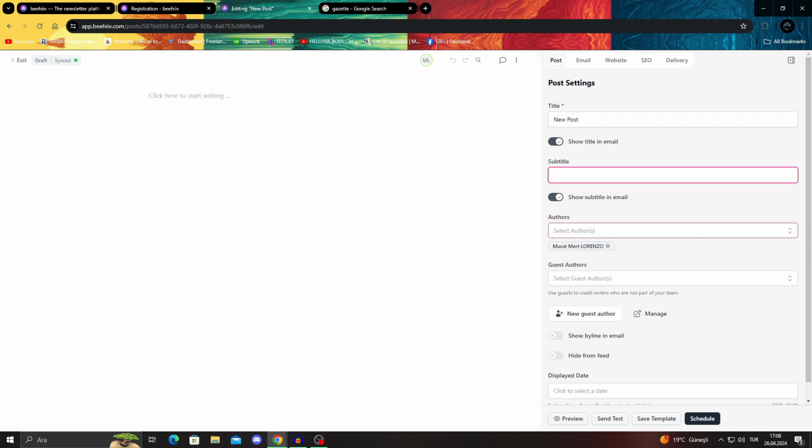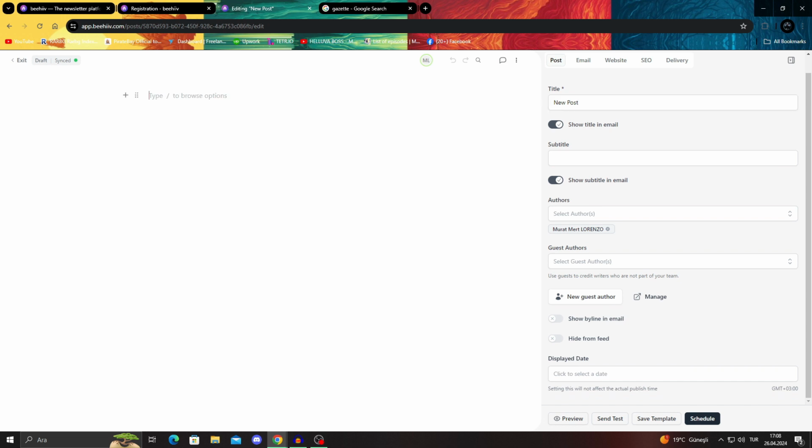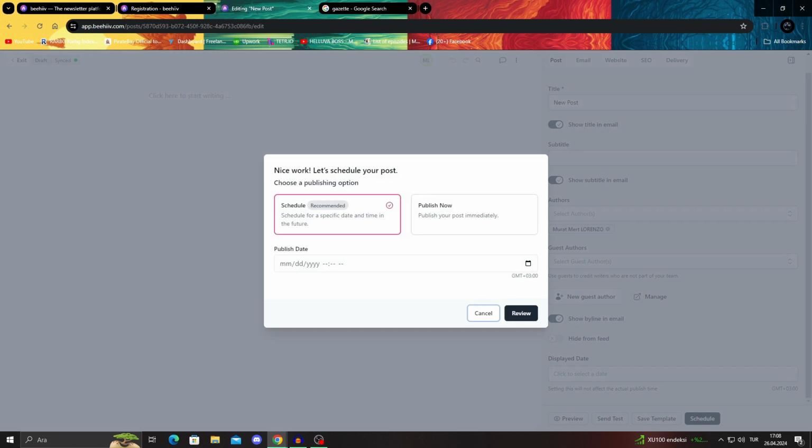and everything. You add your subtitles, you add your authors, you add your guest authors, and the more you write, all you have to do is just type your newspaper article, because you handle everything else on this right side. You add the byline, you add height from feet, but don't actually open that one up. Then you write your preview, and when you are done with it, you can say schedule for a date. Let's schedule this